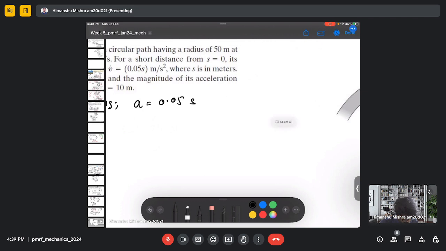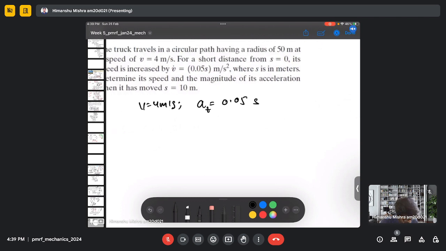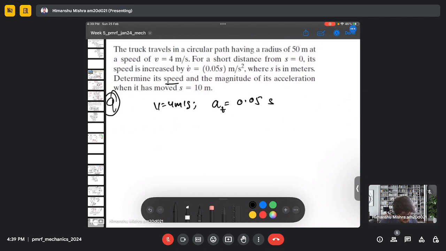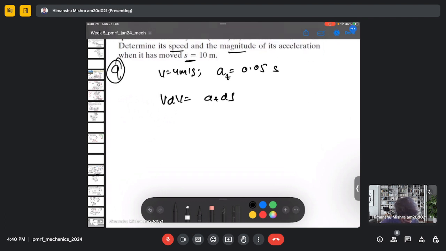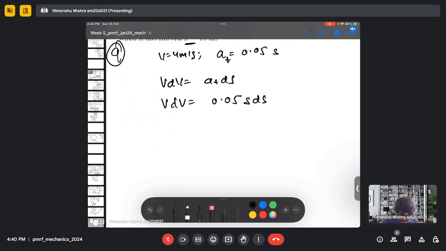So this is my tangential acceleration, and we need to find the speed and the magnitude of the acceleration at s equals 10 meter. So using the identity v dv equals a ds, where v dv is 0.05 s ds, and on integrating